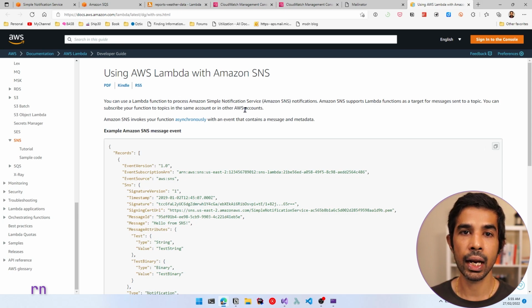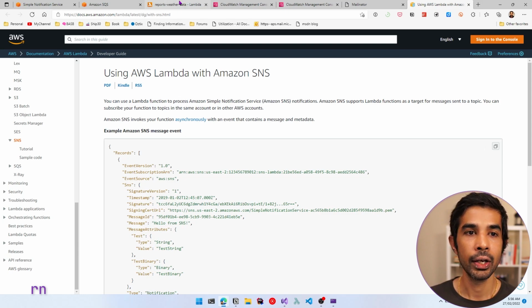Now, the SNS dead letter queue will trigger only if it's not able to deliver this message to the Lambda in the first place. Now this could happen if there is an infrastructure issue in AWS, or let's say we simply deleted the Lambda function, which leaves the subscription as a stale subscription. So let's see this in action by deleting the AWS Lambda,